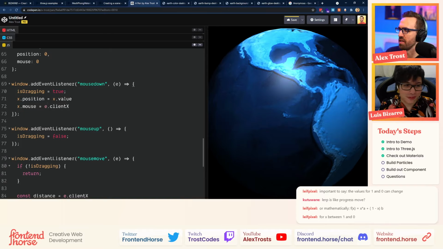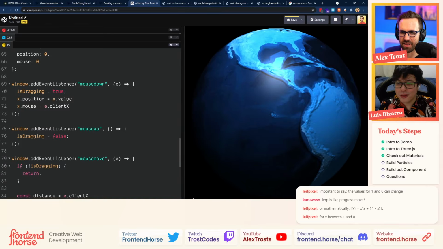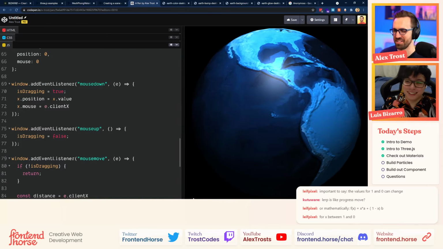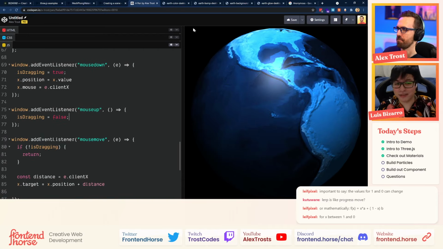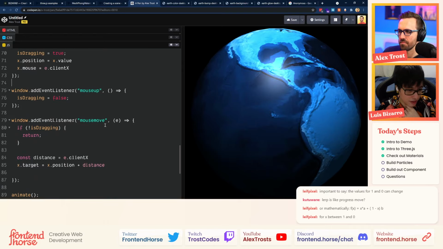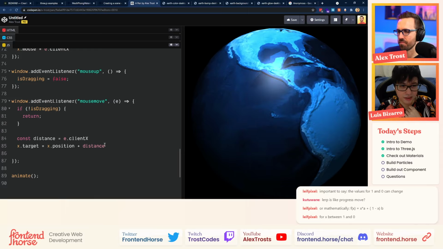If we were to log it, is it 0, 0 at the top or down here? Between WebGL and the DOM, I always get mixed up, and then SVG, they flip around. In the WebGL realm, usually the Y stays in the middle of the screen, so the 0 is in the middle of the screen. But in that case, we are using DOM elements, so that's top left, that's 0.